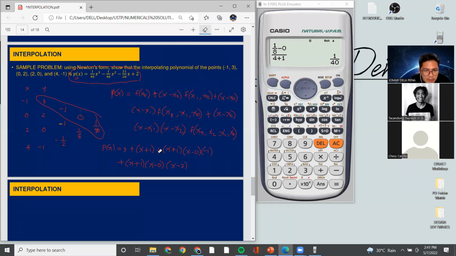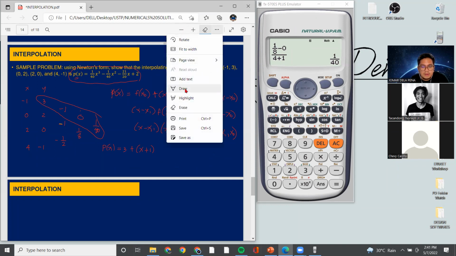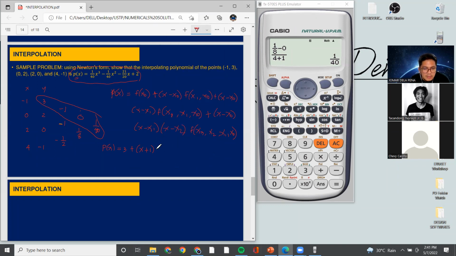This one. Didiretso ra tag x plus 1, no? Wala na ito i-multiply yung coefficients. Kaya dapat si negative 1. Wala pa din nato na times. No? This is times. Ilan na siya? Negative 1 plus x minus